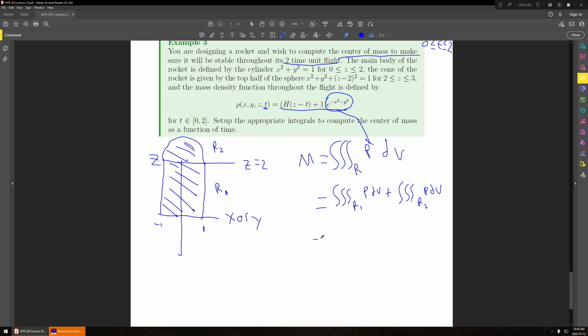Okay, so if I want to do cylindrical coordinates, my rho needs to change from a function of x, y, and z into the function with my cylindrical coordinates. And my region needs to be written in terms of my theta, my r, and my height, right? So I'll give myself a little bit more space. Okay, so it's going to be a triple integral